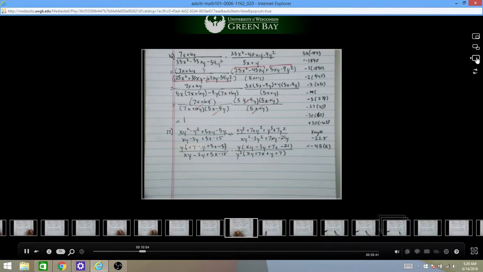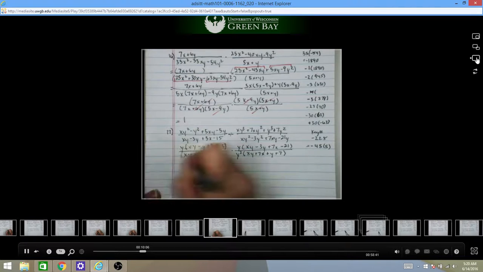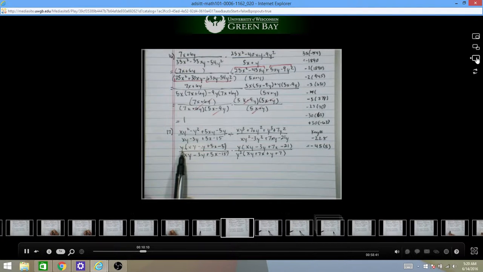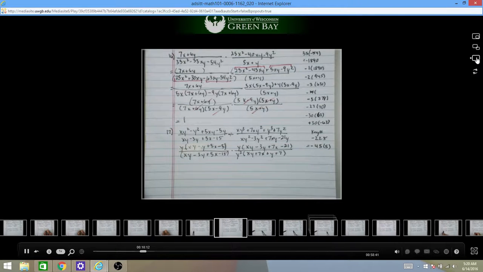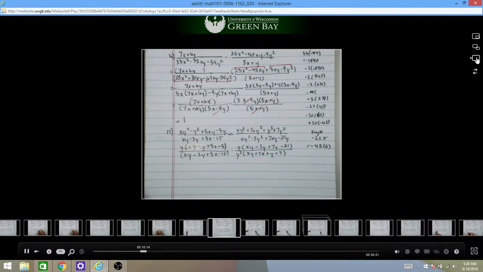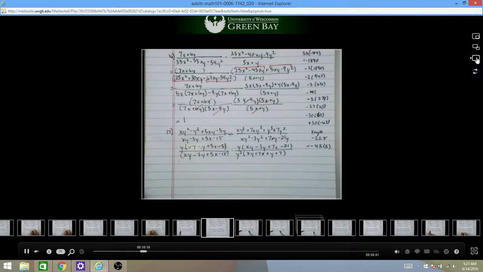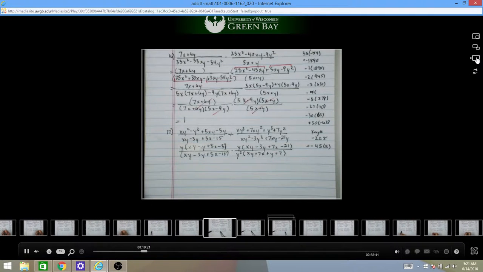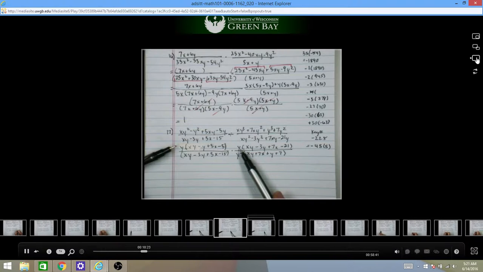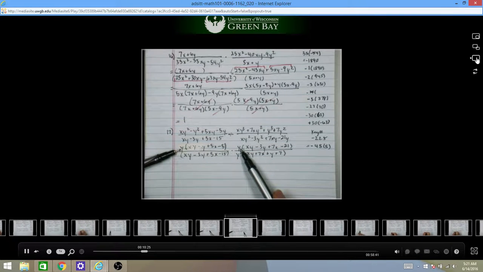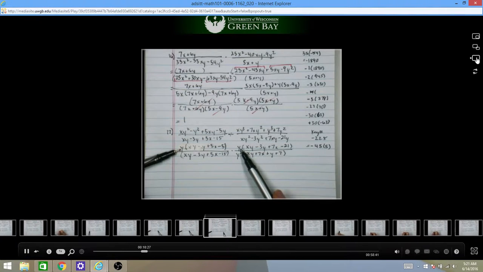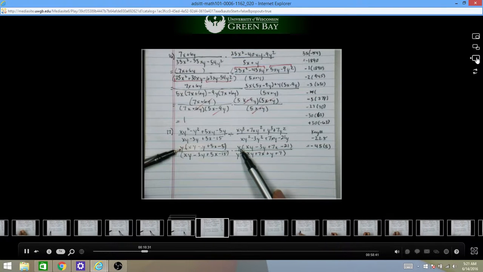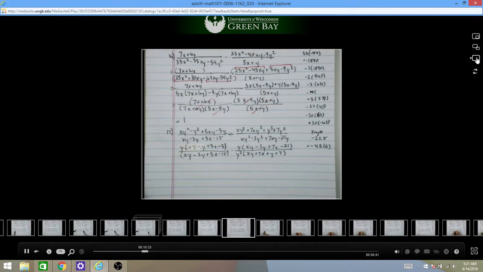So the y's can actually cancel. You see how we have multiplying going on? Everything that's a sum or a difference I put in parentheses, and you can't cancel part of those sums and differences. But the y and the y squared, they're a part of the product. They're multiplying. Everything's all multiplying, and so I can cancel the y and y squared. And then keep factoring the